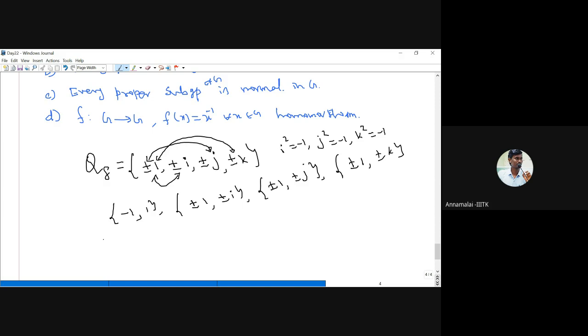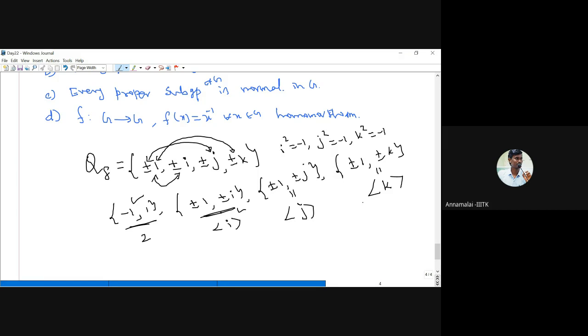Now, this is a cyclic group, because the order is 2, and any group of prime order is cyclic. Now, this contains 4 elements. This is generated by i or minus i. Therefore, this is also a cyclic subgroup. And this subgroup is generated by j or minus j. This is also a cyclic subgroup. And this subgroup is nothing but generated by k: k square, k cube, k power 4. k power 4 is 1. So this subgroup is spanned by the single element k or minus k.